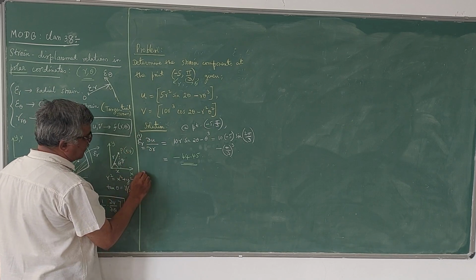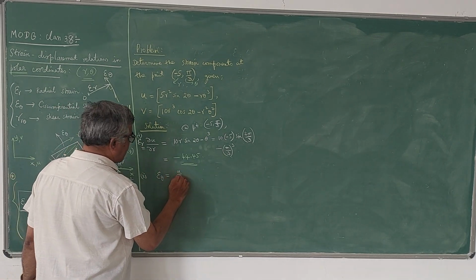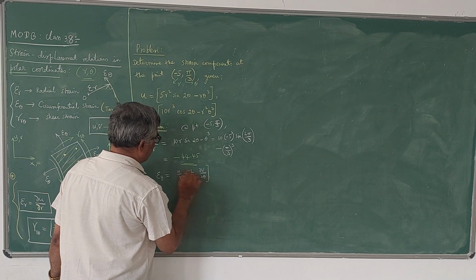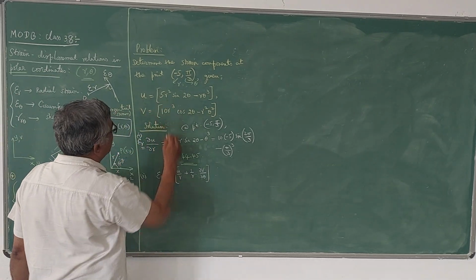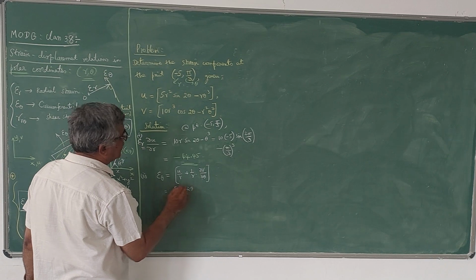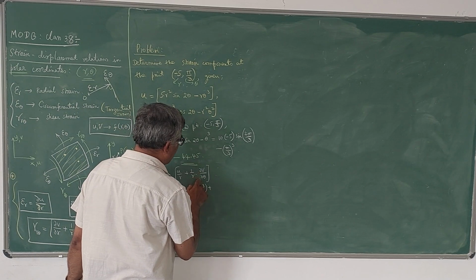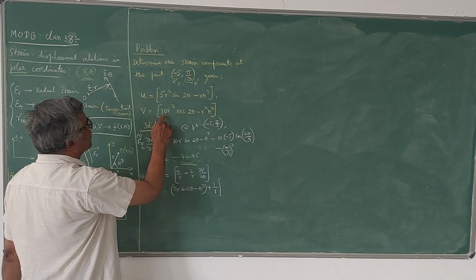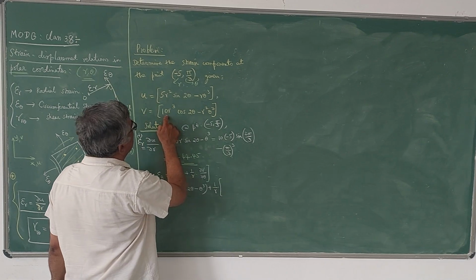Now this is the first strain component. Second strain component is epsilon theta, which is given by u by r plus 1 by r into dou v by dou theta. So let us find out this derivative first. U by r, u is this. If you divide this by r, you will get 5r sin 2 theta minus theta cube. This is the first term. Plus 1 by r into dou v by dou theta. So this we have to differentiate with respect to theta now, treating r as constant. So 10 r cube